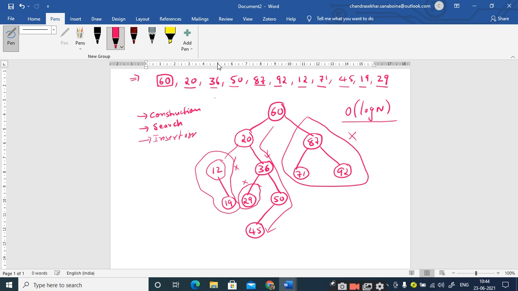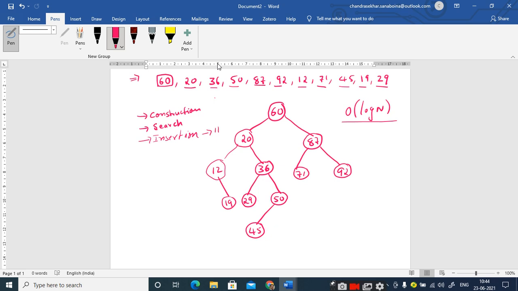Right. So the insertion operation is what we have used while constructing the binary search tree. Whenever you want to insert an element, let me take another element. For example, I want to insert 11. So what do you have to do here? You should always start your processing from the root node.